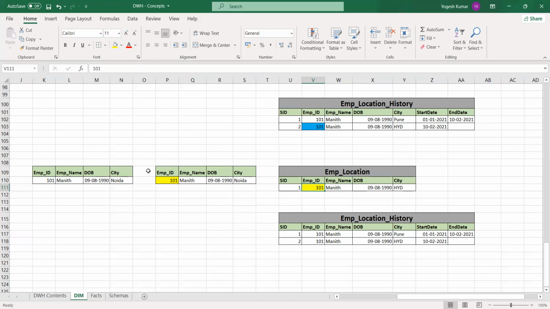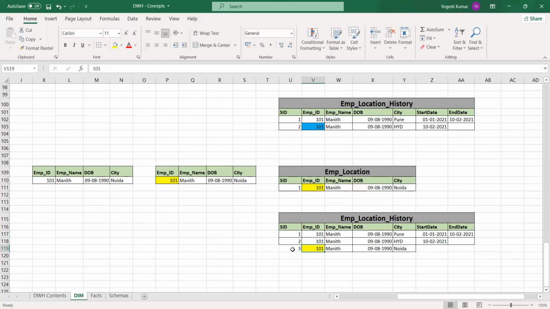So first it will compare with the active record. Active record will be in your main table, right? So like here employee ID is same, we get employee ID, then we'll check what is the change. There is a change in location, so whatever is the updated location, that will be updated in there. Then whatever is the current record, that will be loaded in your historical table, and here your new surrogate